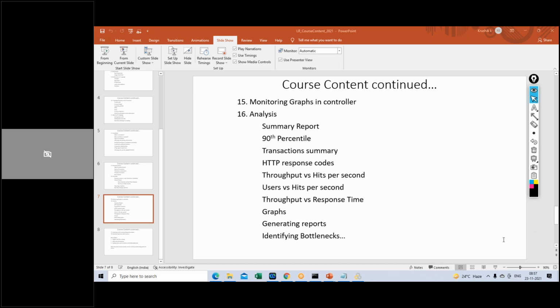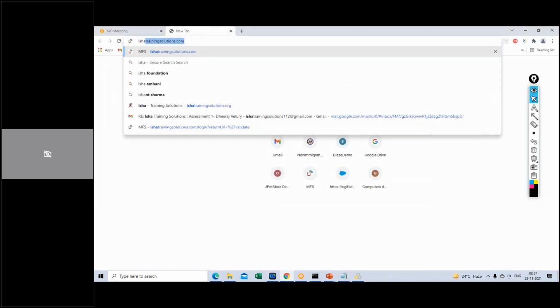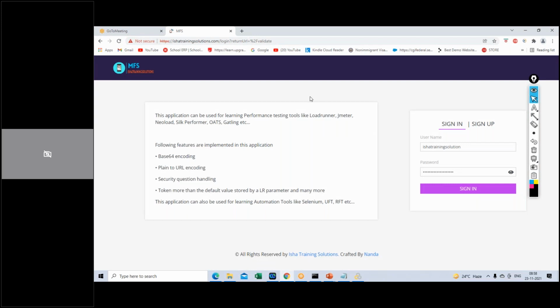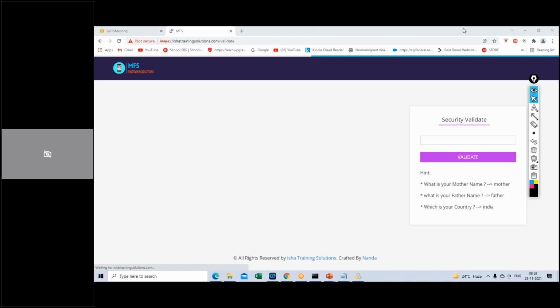See, we have our own website, ishatrainingsolutions.com, which is a very good website for learning performance testing, in terms of scripting and execution. We have designed this application only to learn performance testing.